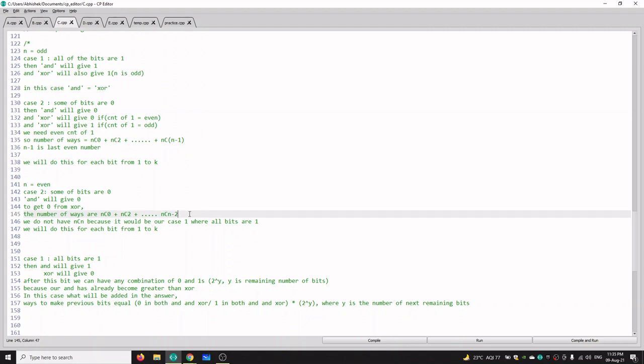So why are we not taking nCn? Because if we take nCn, that means we are making all our bits equal to 1, and if we make all our bits equal to 1, then our AND value will give us 1, not 0. So that's why we are removing that case from here.